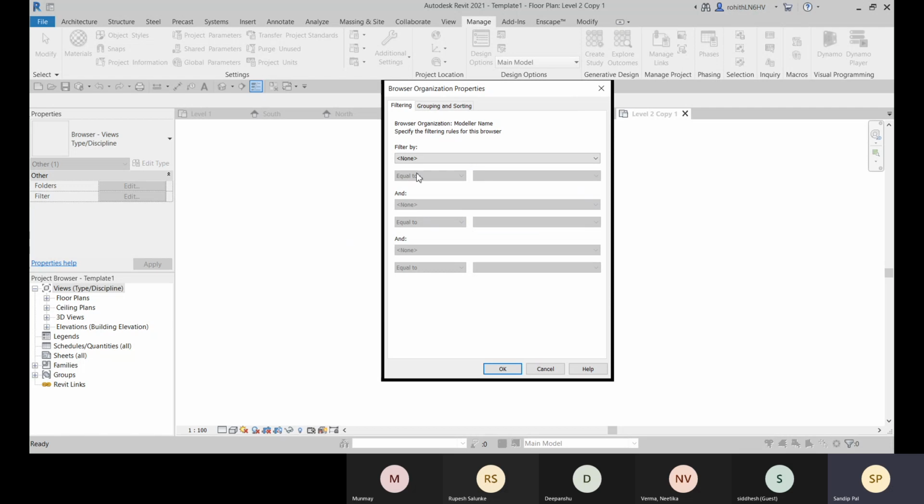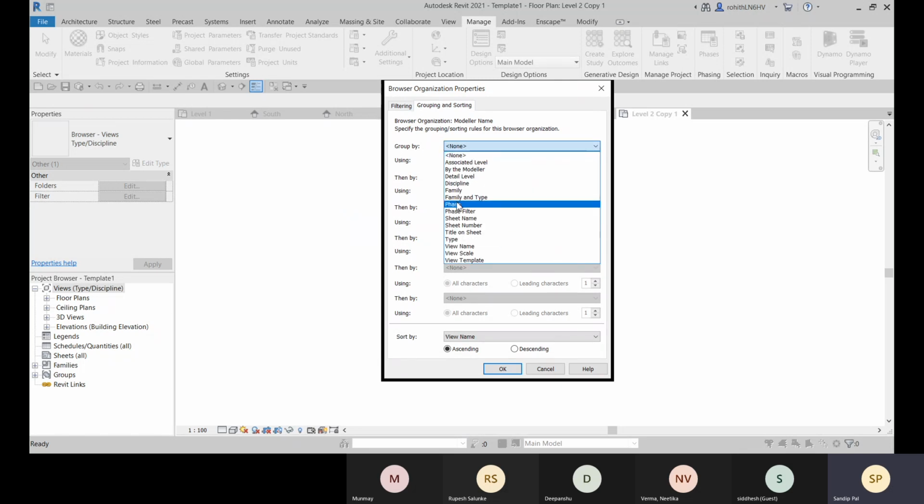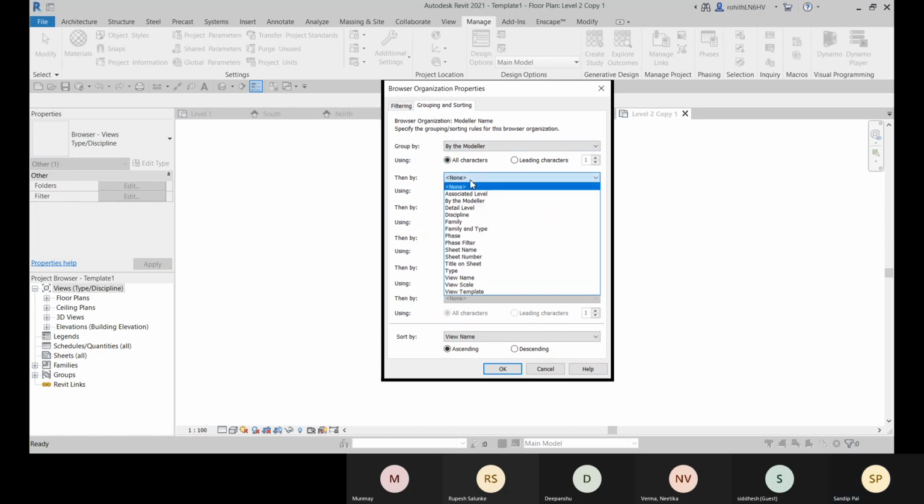Click on OK. And right now we are not filtering. Okay, so let's go for this group and sorting. We'll be grouping. So as per this by the modeler, you see that is listed here. So we'll be grouping this by the modeler and then by the family and type.